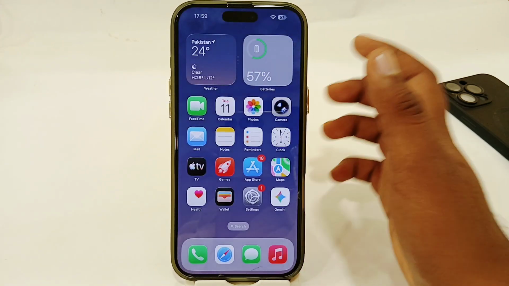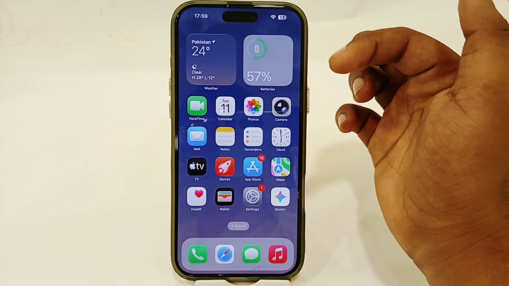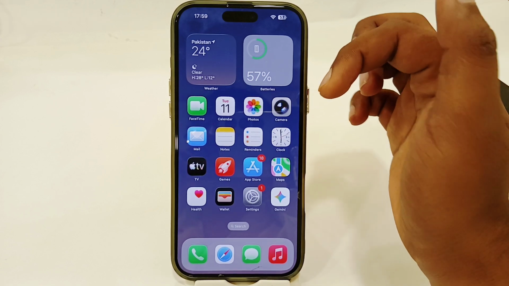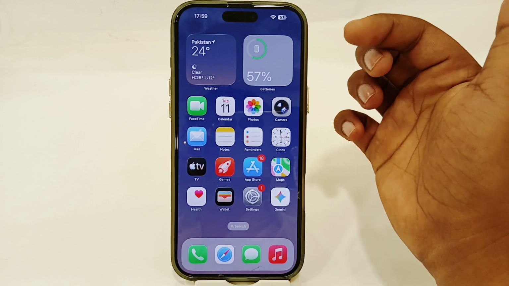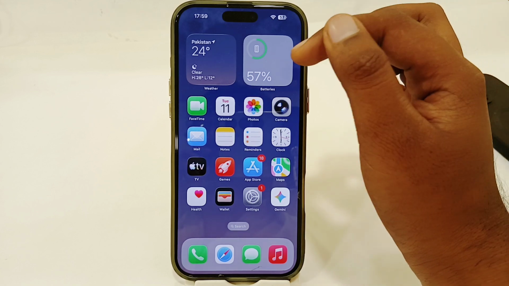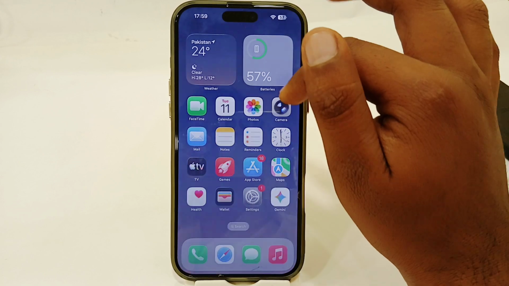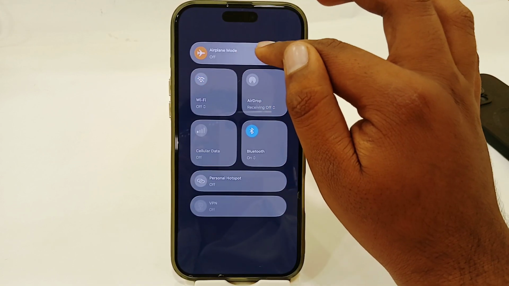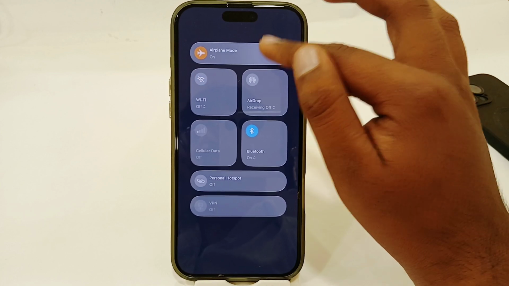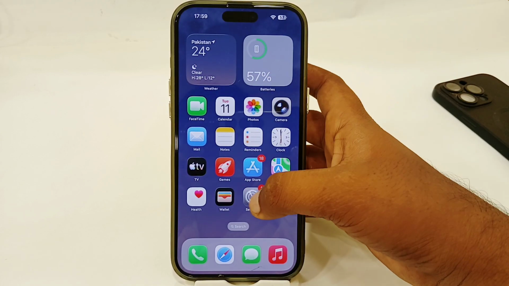So very first you have to see some possible fixes, because sometimes it happens when your internet is weak or unstable, or when you're connected to a VPN. So first we are trying to refresh that problem. You just have to enable and disable your airplane mode to refresh all of your network settings, and after that you have to retry. If you're still facing the same issue, go to Settings here,